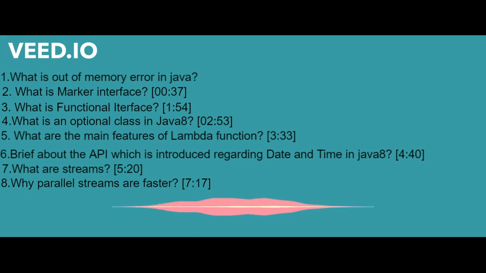And you tried a parallel stream as well? As you said that you have used streams, have you also tried using parallel stream? Yeah, so I have tried both. In parallel stream, I think there is not much difference, but parallel will be faster than normal stream. Why will it be faster? I think